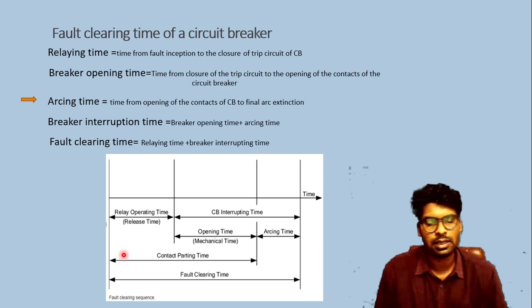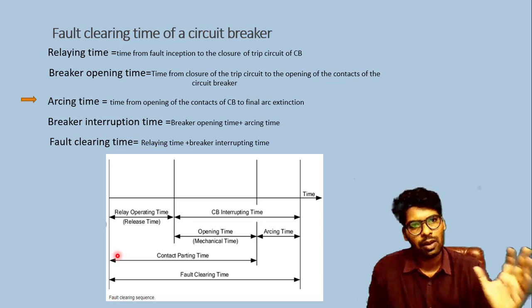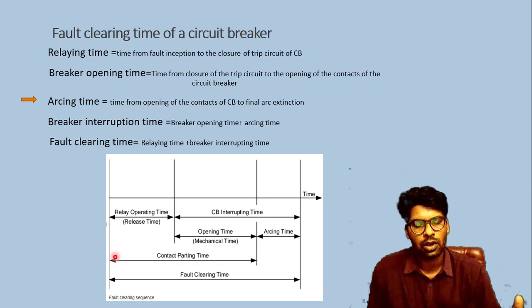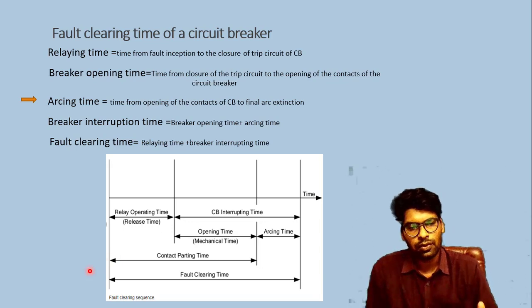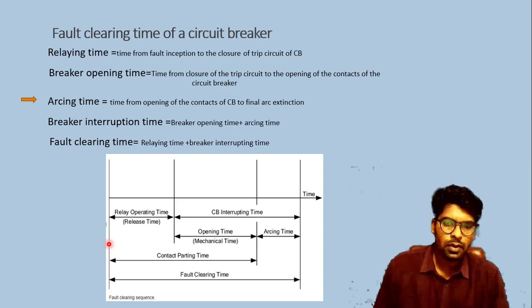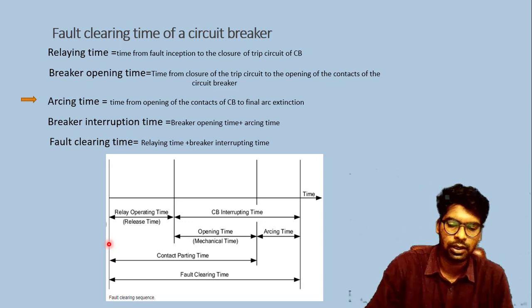Once you go to the industrial field, the circuit breaker will operate continuously. You don't know how many times it operates, but it operates. In normal operating condition, the circuit breaker operates due to load fluctuations and all. So even very minute things are important in the operation of the circuit breaker. If at all a fault occurs, then it gets activated. Only after clearing the fault does the breaker contact close again. This is about the fault clearing time of a circuit breaker.